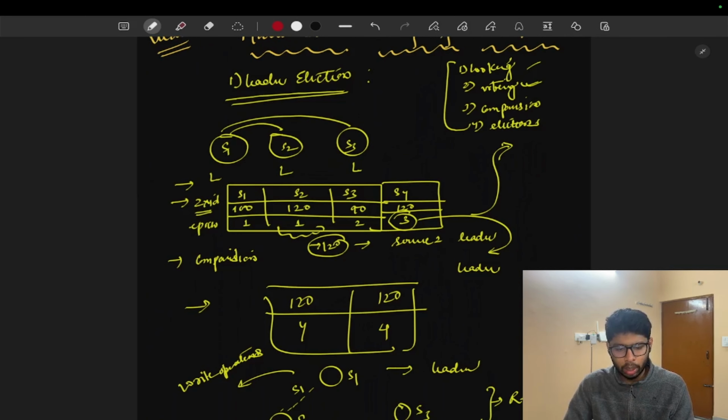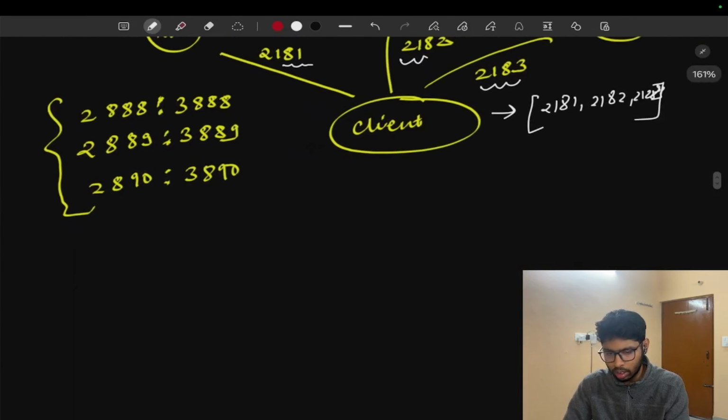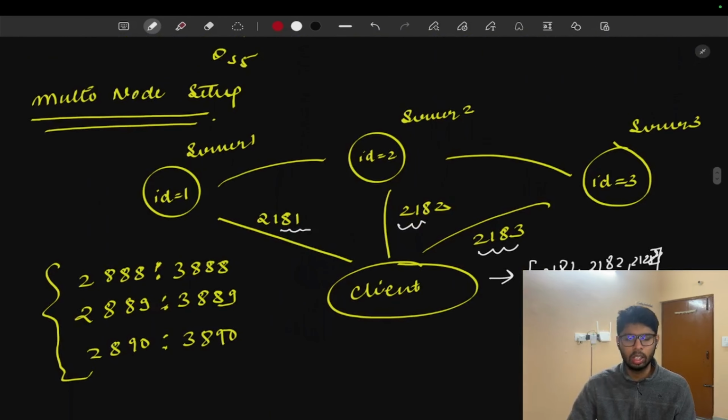When the voting happens, the data is transferred to the other servers so the election can be performed. So all three servers are communicating: server 1 with server 2, server 2 with server 3, server 3 with server 1, and so forth.